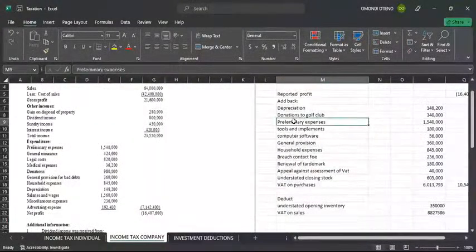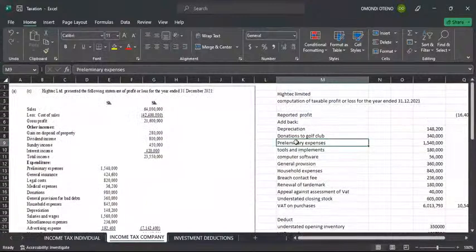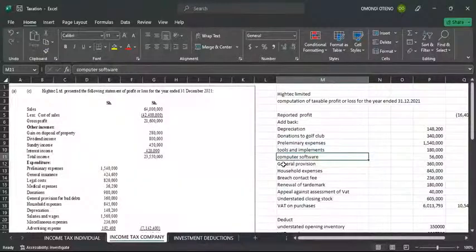So whatever you are adding up here was placed as an expense. It reduced the profits. That's why we are adding back. We are adding back the small tools. We were adding back the capital expenses like these ones here, tools and implements, computer software,